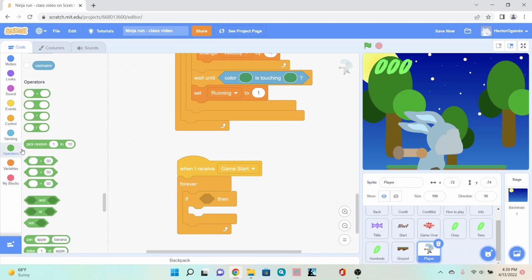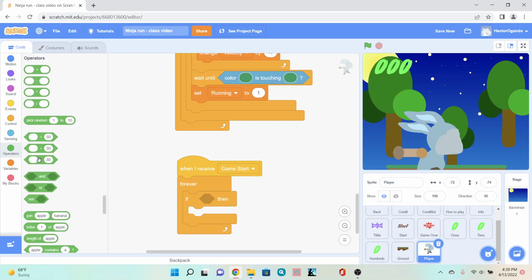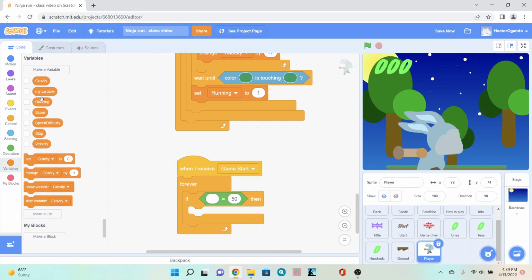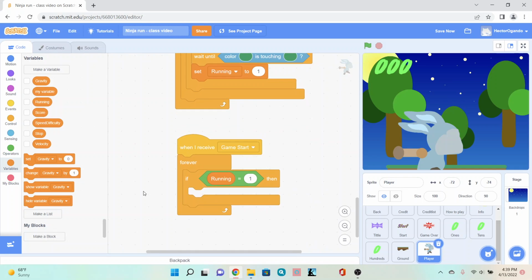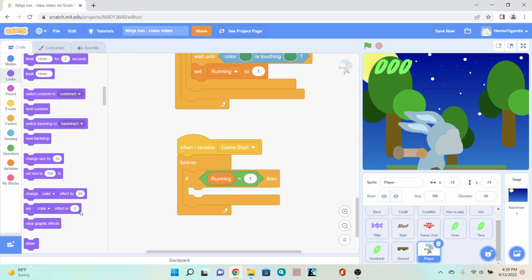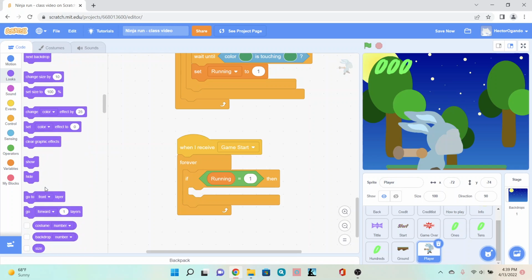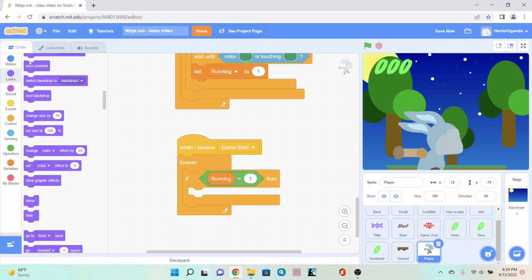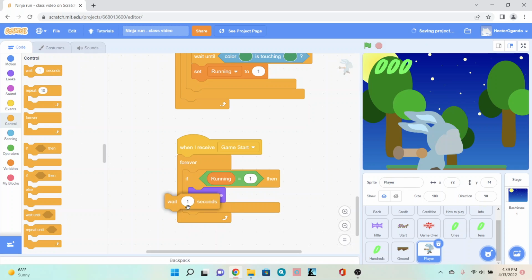The diamond, I'm going to go ahead and go into operators and use the equal sign. The empty bubble, I'm going to add the running bubble. And the 50, I'm changing to a 1. I'm going to go into looks, and I'm going to add a next costume, since this is going to be for our animation. And on control, I'm going to add a wait